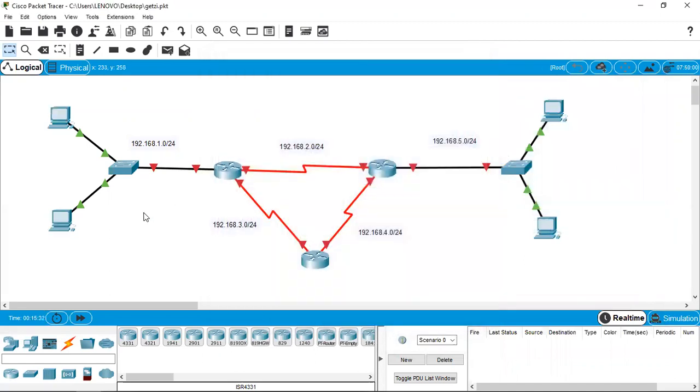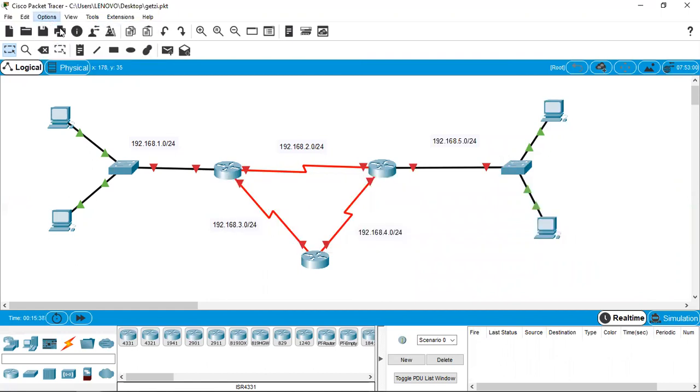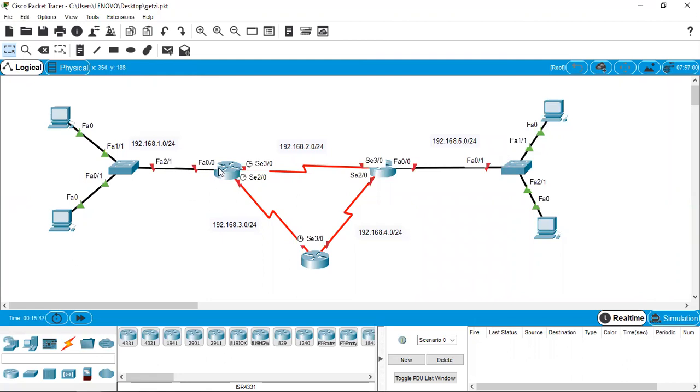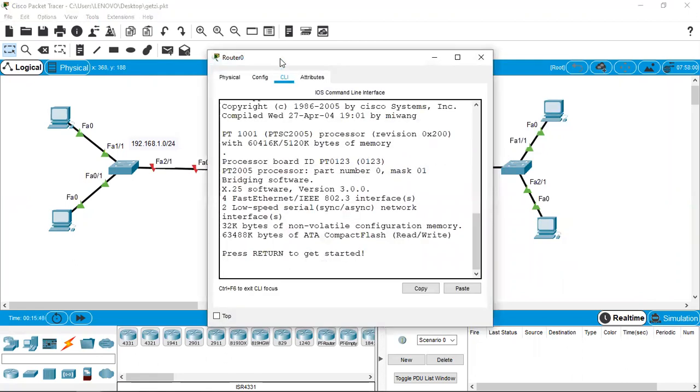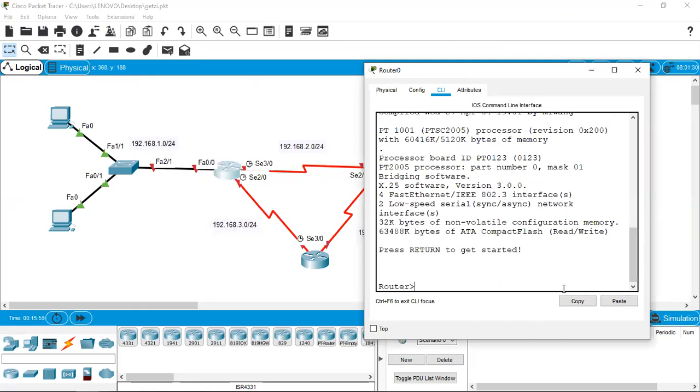And then, as you know, I need to go to this router. I have to assign the IP address to that, and it is better if I see the port labels. So it is always better to see port label. Yeah, I click this so that I can see the port label. So I go to this router. I'll use the CLI so that it will be easy for you also to follow.